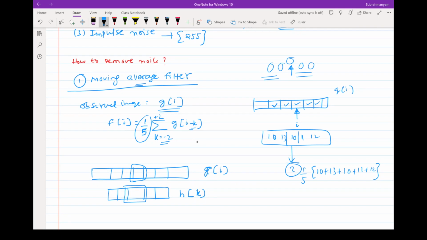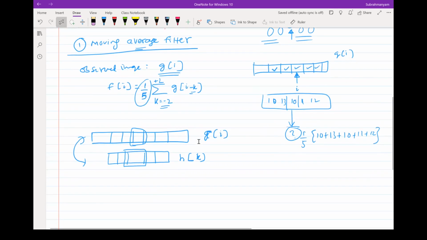Now, can you write it in terms of given g of I and h of k? You use whatever variable, doesn't really matter, but I want you to express f of I in terms of that, so that I could give a generalized expression from later on. Can you write it? Now assume that, maybe let me call this I itself. Don't tell me any names as such, tell me the expression, then let us see later whether it is convolution or something else.